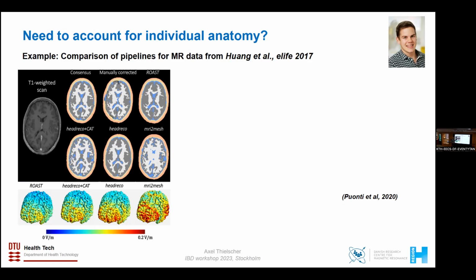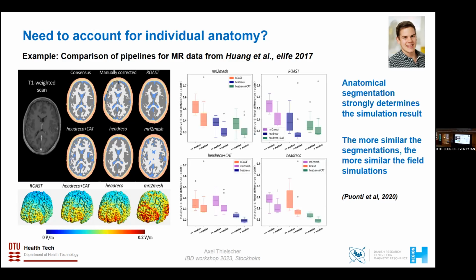You just see visually, yeah, they seem to differ quite a bit. Maybe that's not such a good thing. We would like to have them really all the same. We then also made a very simple experiment where we split the segmentations up into